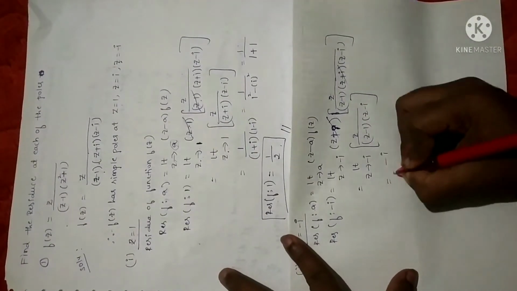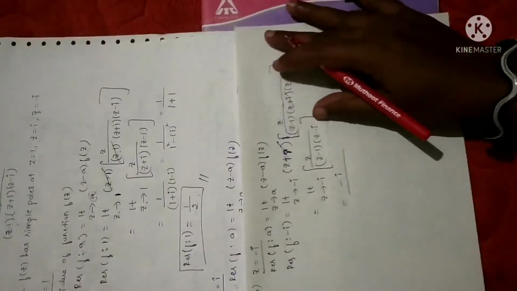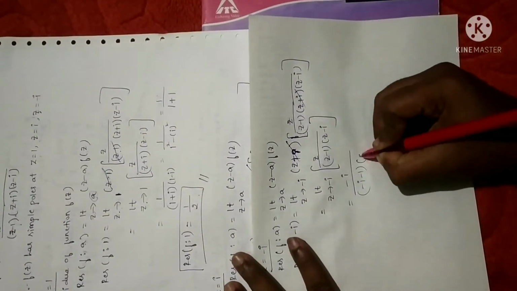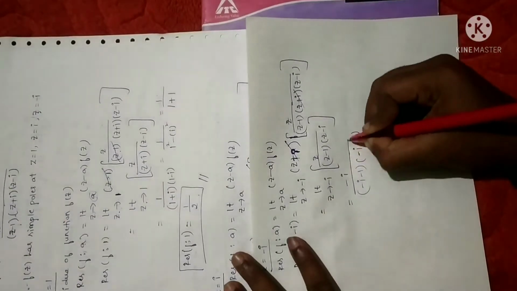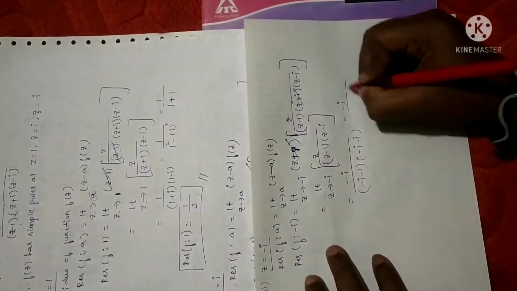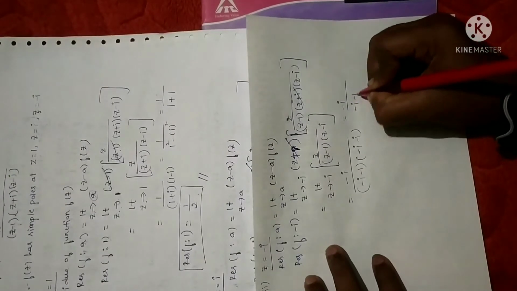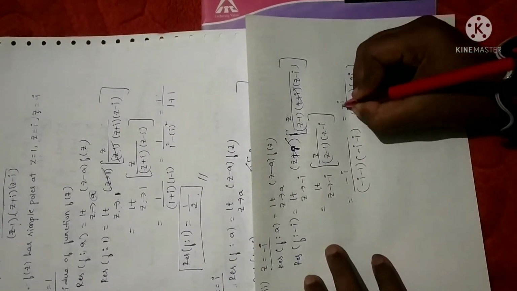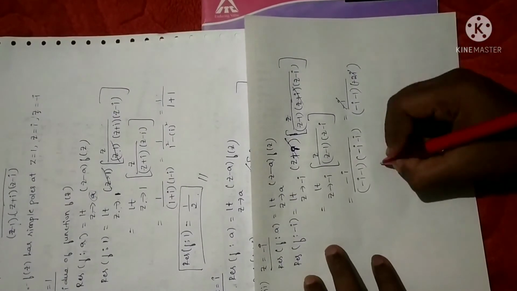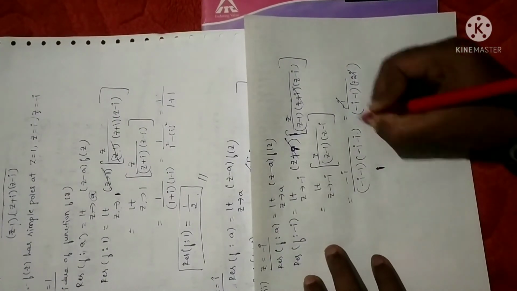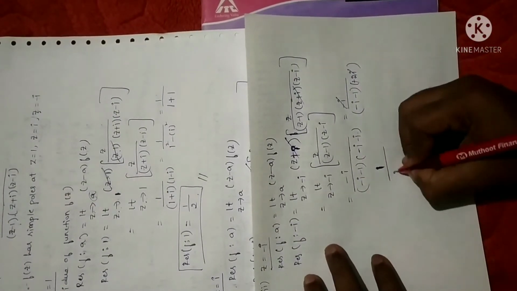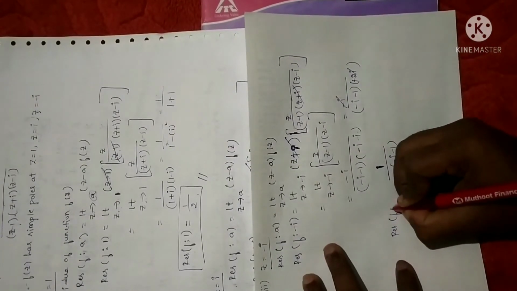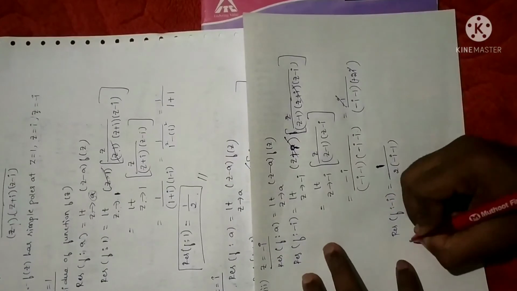So you will get minus i divided by minus i minus 1 into minus i. Clear? So after simplification, minus i divided by (minus i minus 1) into minus i is minus 2i. Now you can cancel minus i with minus i, so you will get i, 1 here. In the numerator you don't have anything. So you will get 2 into (minus i minus 1). So this will be the residue of a function f with reference to minus i.